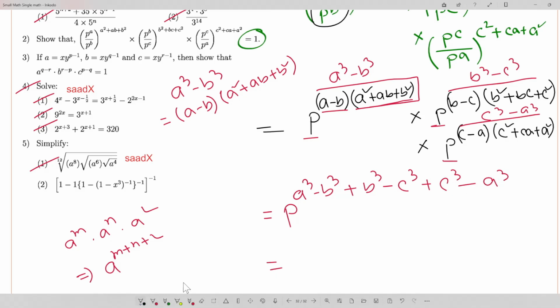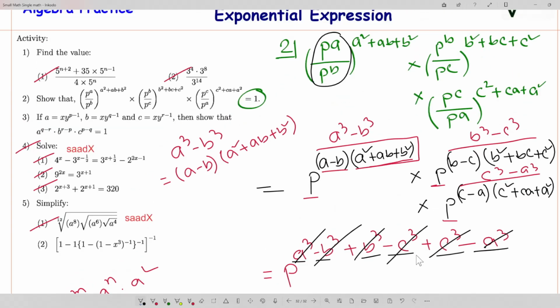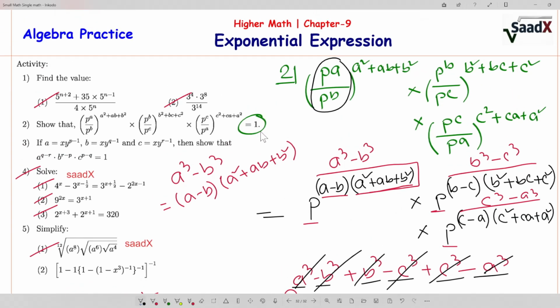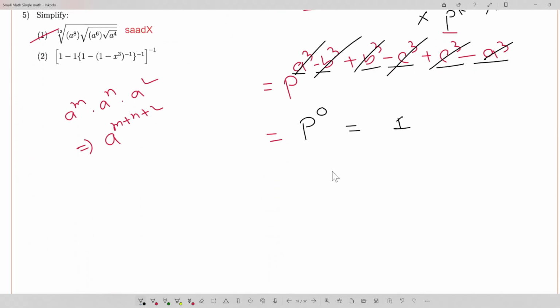Now look, is there any similarity? Here is a cube and here is minus a cube, we can deduct this one. Same, minus b cube plus b cube, also we can cancel. Minus c cube plus c cube, also this one is out. So we can write the power 0, and by the law of exponential 0, the result will be 1. And look, our question's right side should be 1, so we showed that this exponential expression equals 1, right? So it's short,